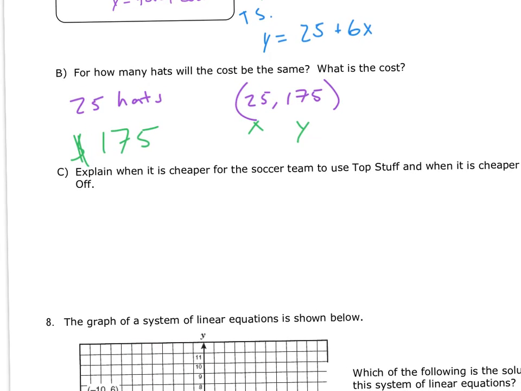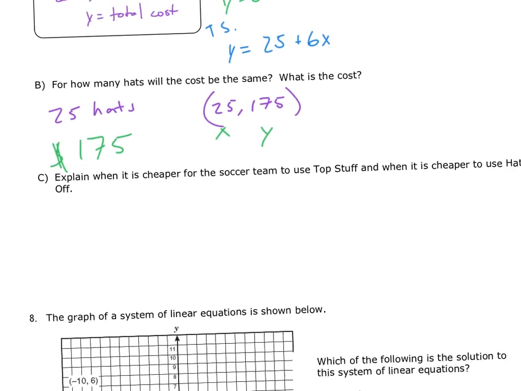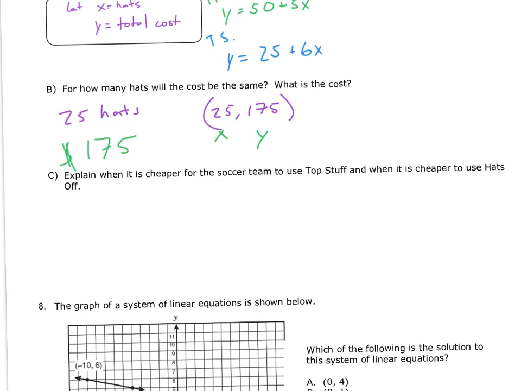Now it says, explain when it is cheaper for the soccer team to use Top Stuff and when it is cheaper to use Hats Off. Well, if we look at our equations, I'm going to draw a small graph here. We know that Top Stuff starts at 25 and then kind of slowly goes up. And I'll abbreviate that TS. And then our Hats Off starts at 50 and then goes up here. And then they kind of meet right at that point there. And so that point is 25, 175. So I'll abbreviate that as